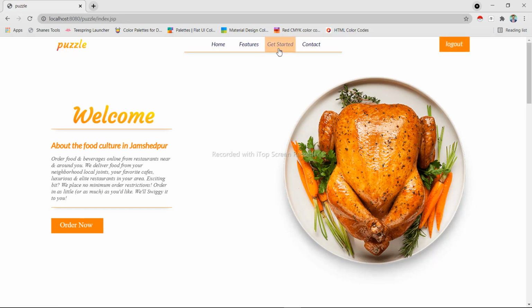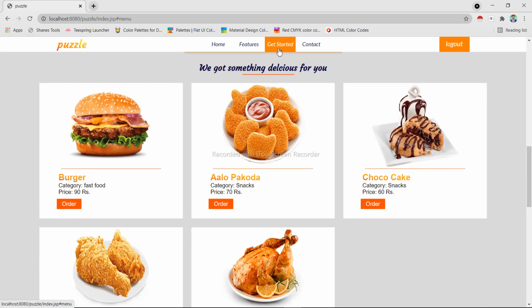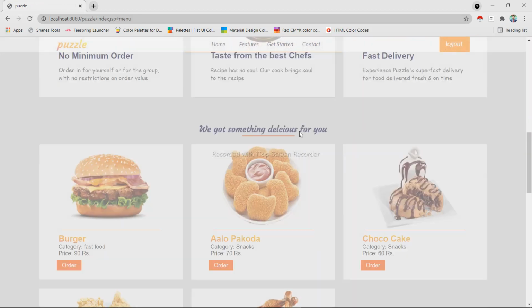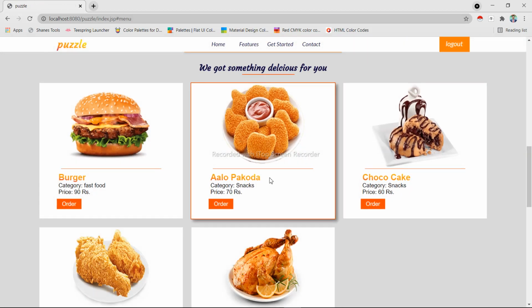And now if he wants to order something, he can order. So if I like burger, let's order burger, and you can see the order page. Now this order section that you are seeing is a single page. It is not like for each item we have created a separate order page.